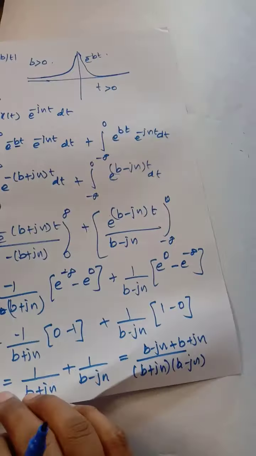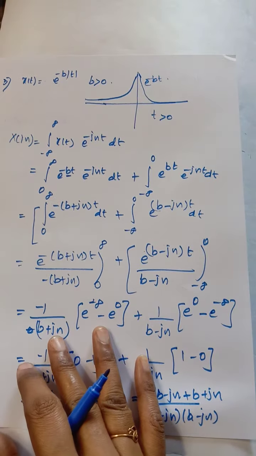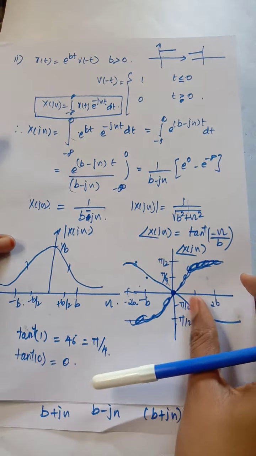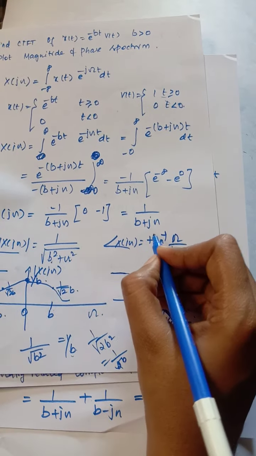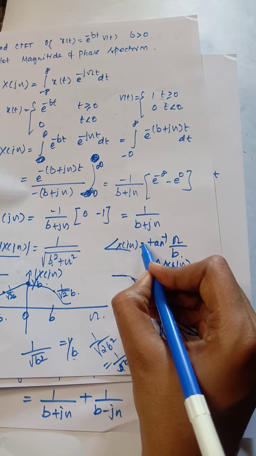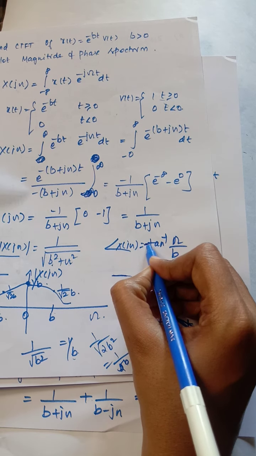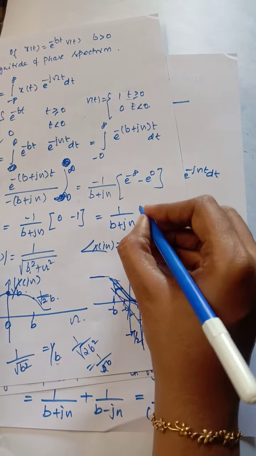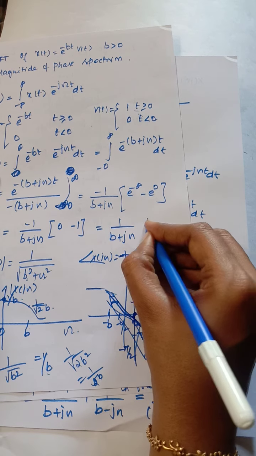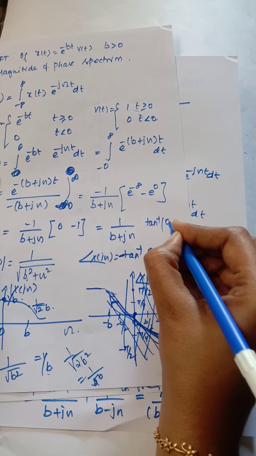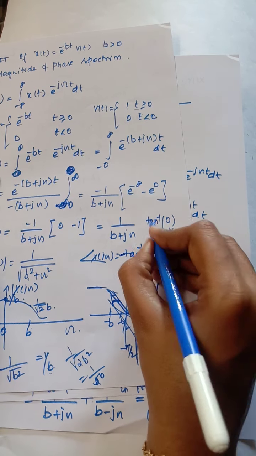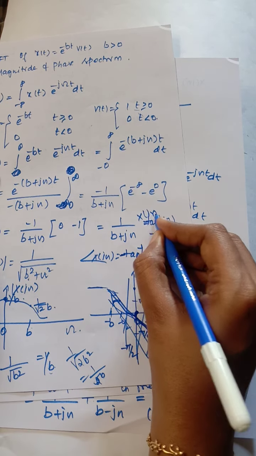So listen, here I have done one mistake in this previous two problems. Here we have found out the magnitude of X of j omega in this formula. So when you find the angle for this, you will get minus tan inverse, because in the numerator you got tan inverse of 0 minus tan inverse of omega by b. Okay, so this is what your angle is.